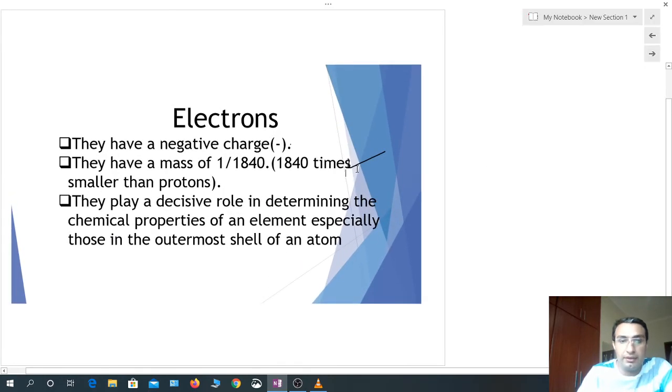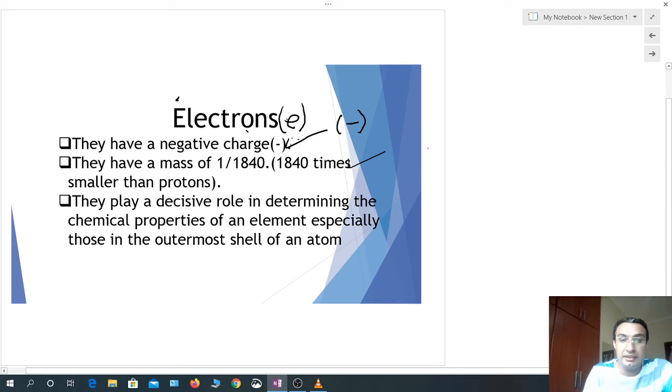Okay, in the second, electrons, as you see. Electrons have a negative charge. They are represented by a small e. Let me write that also. And electrons have a mass of